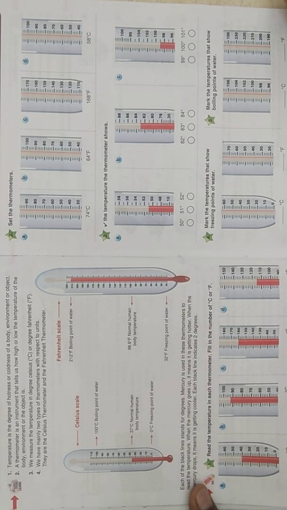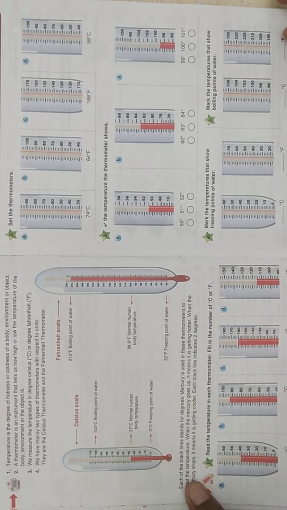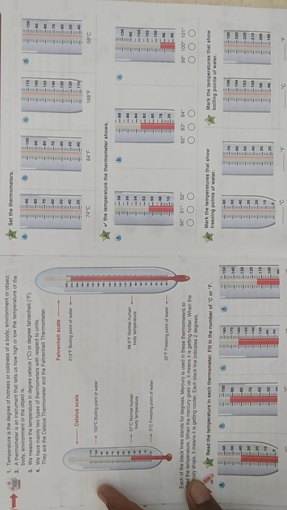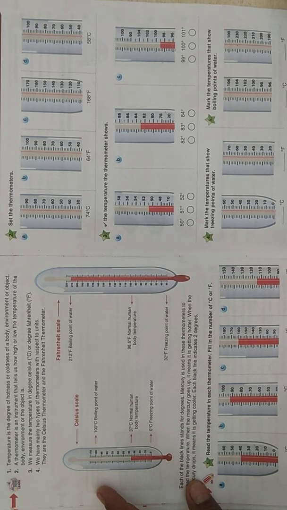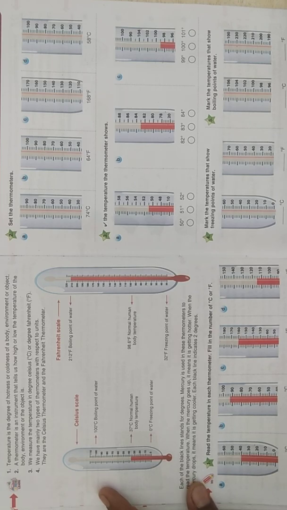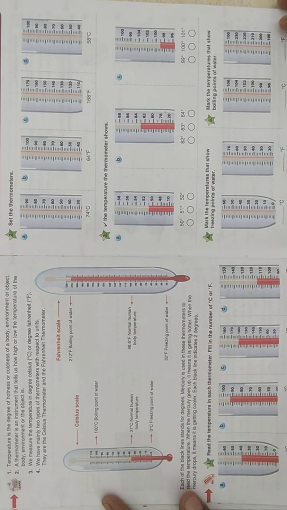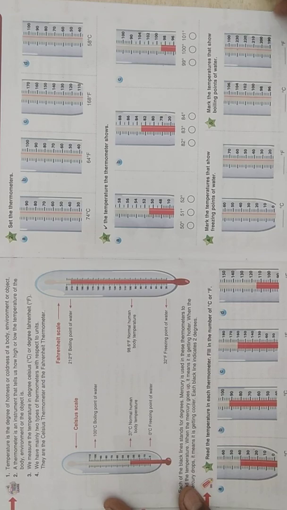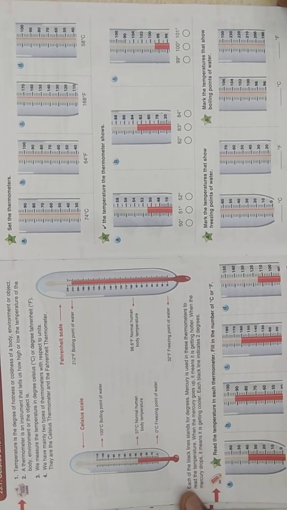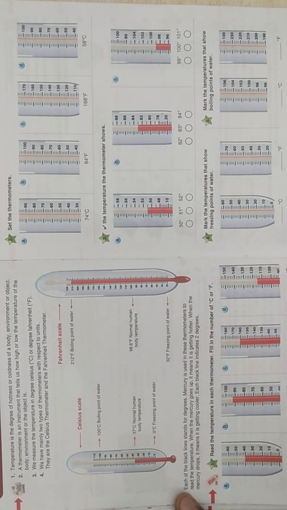In the previous class we were discussing the volume of a cube and cuboid. We can find the volume of a cube with the formula, and the volume of a cuboid also. That's very simple. Volume of a cube is S cube, where S is the side of a cube that has all sides equal, all 6 square faces. And the volume of a cuboid, with the help of length, breadth and height, 3 dimensions, we can find with multiplication.